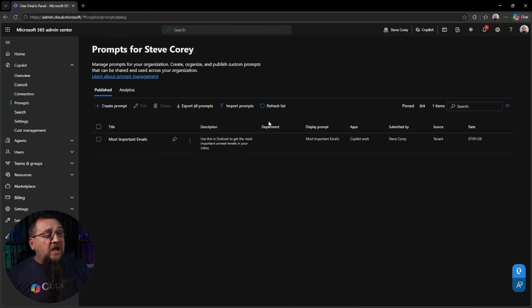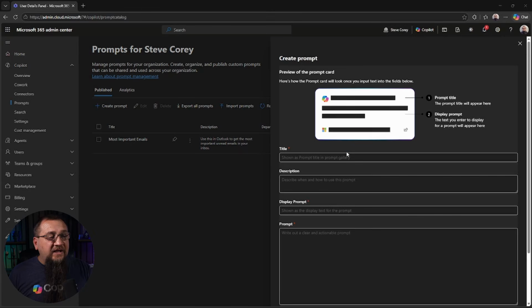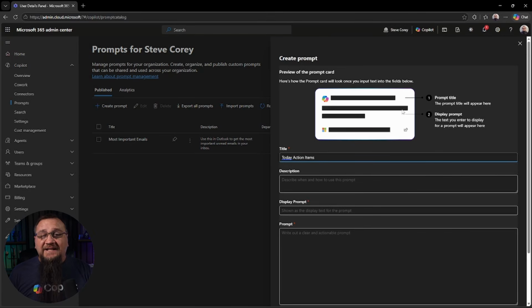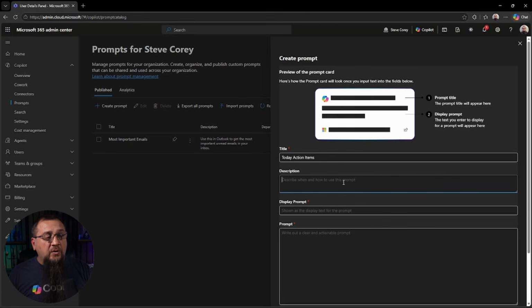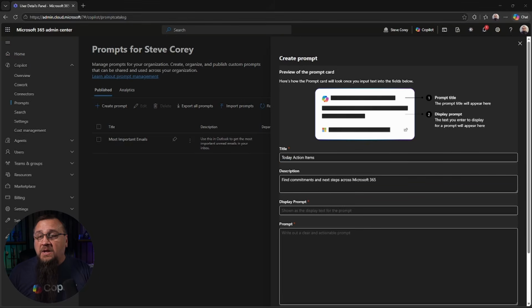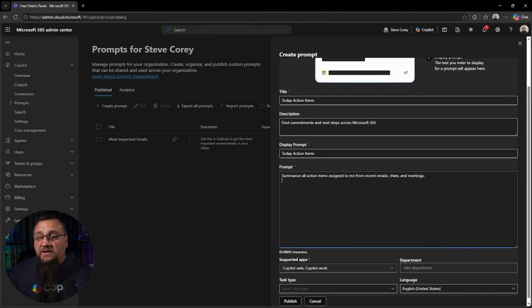What you'll do is you'll see all of your prompts here if you have any configured. Obviously, if you're first setting this up, there's not going to be anything in here. I've already loaded up one in here, so you can see kind of what information it asks for. We can click on Create Prompt, and we can add in more things. I do like the little handy guide up here where it shows you what things you'll see here. So I'm just copying in some different items that I've already prepared for this, but it's